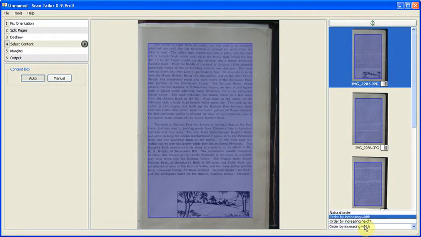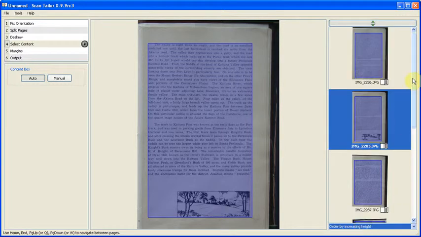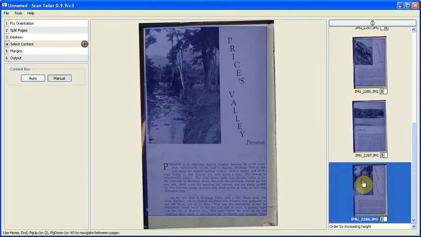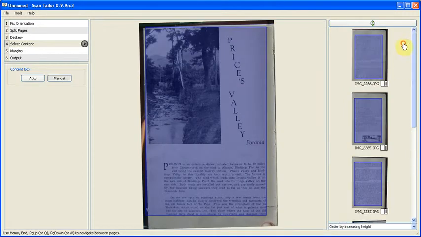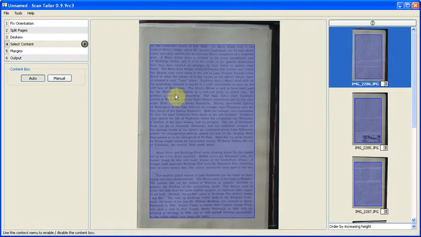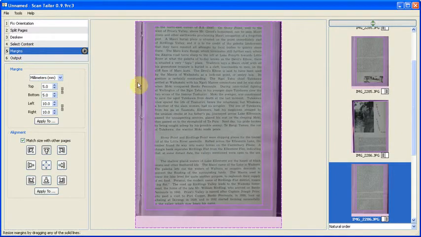And do the same with height. The tallest page looks fine, and the smallest page looks fine as well. So it looks like we are done with the select content stage, and we can move on to the next